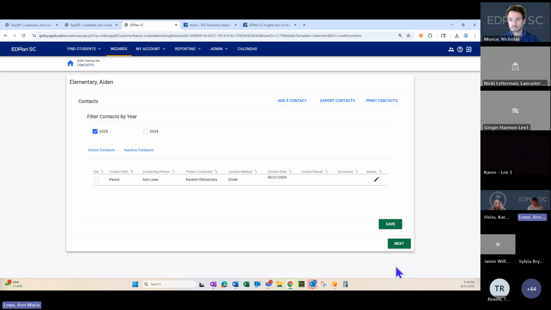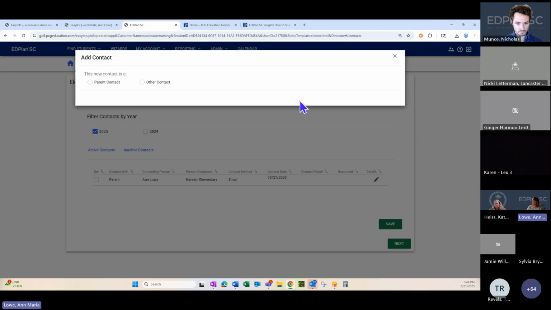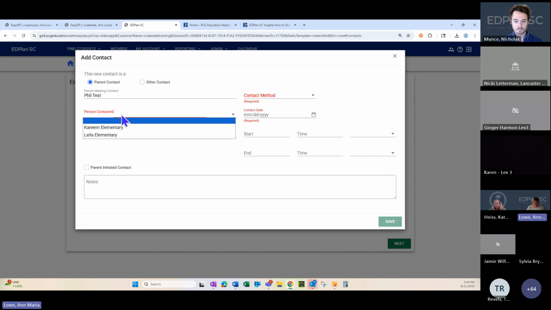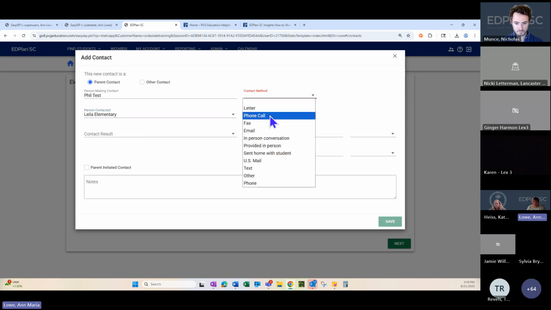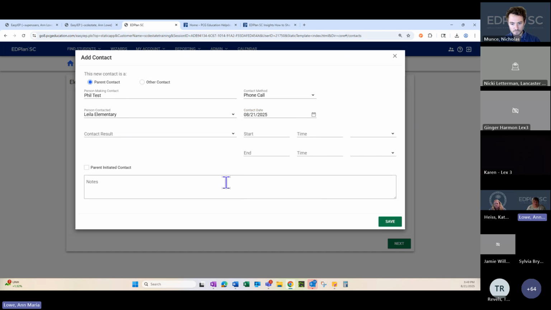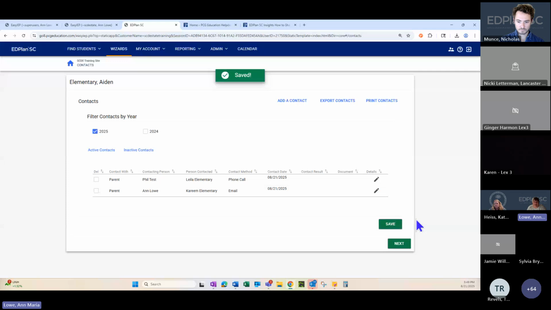And they're going to sit down and, oh, I need to document these contacts in the system for my kid. So they have their paper notes, and now they want to go put them in. They can go in, select the kids that they want to document those contacts for, go in, add the contact. So this one's for Aiden. I'm going to add that contact. I'm going to put in the person I contacted, my method, the date, any notes, and then save.